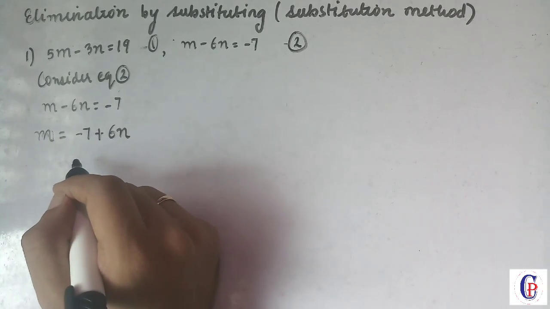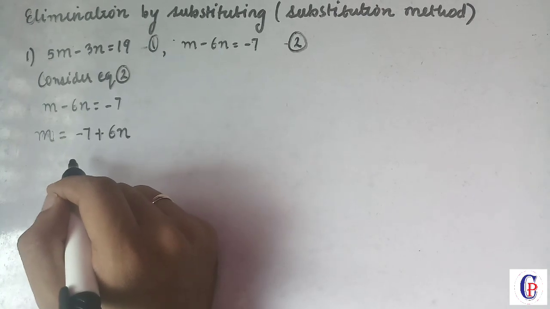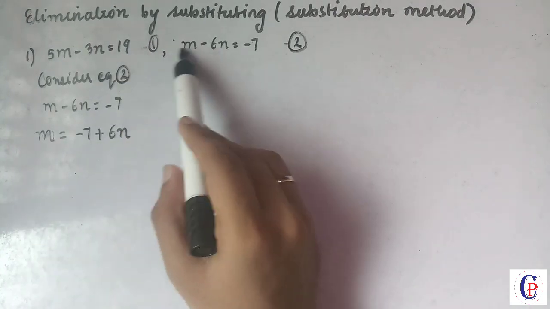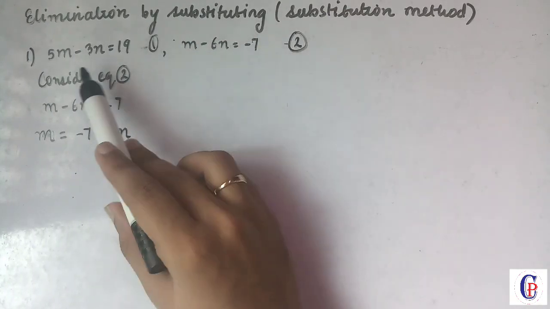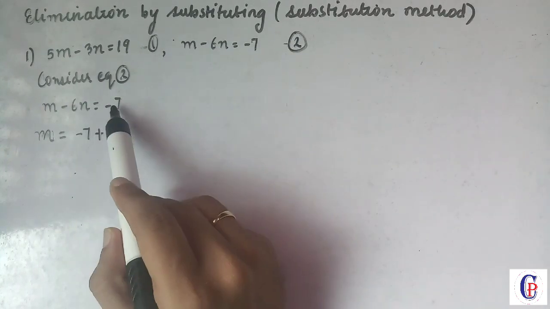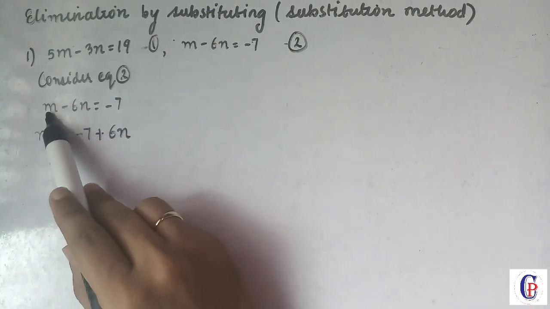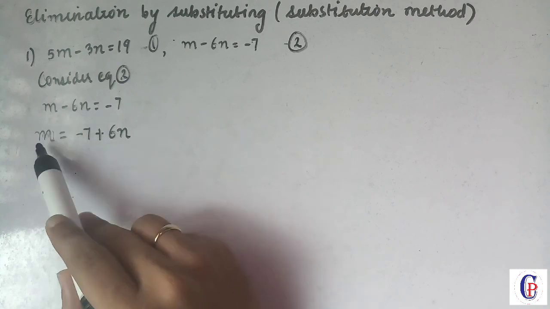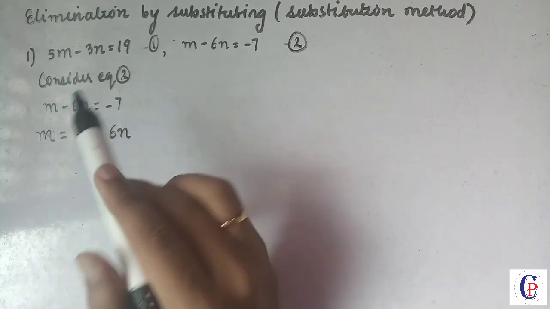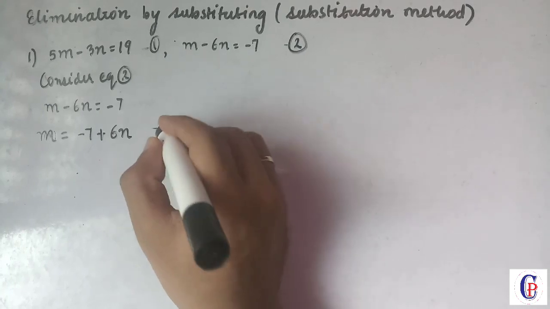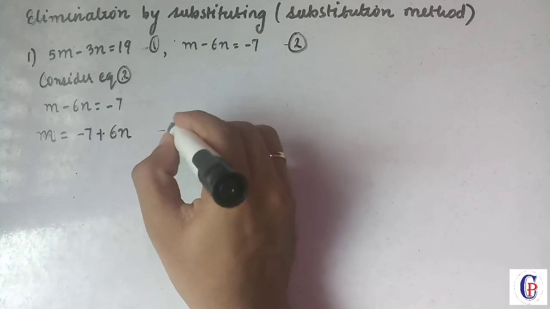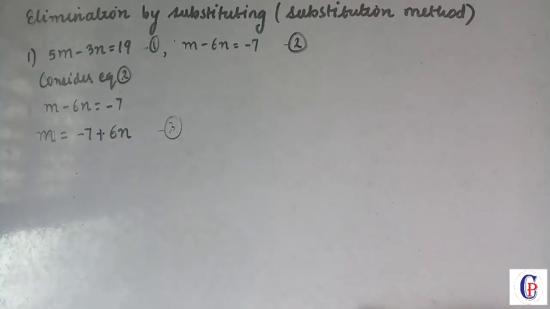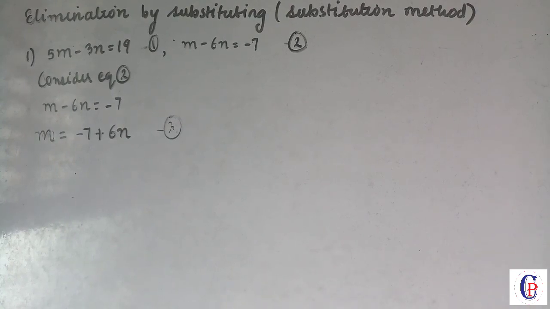This is common in all the questions which we will be solving by the substitution method. First, you have to find the coefficient 1. This equation has coefficient 1 here. So we considered equation 2 and we have written the same equation. Then the variable whose coefficient is 1, keep it on one side and the other letters on the other side, and make this equation the third equation. This is the third equation, equation 3. Now which equation have we considered? We have considered equation 2.